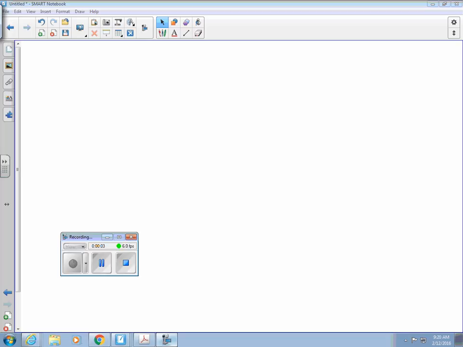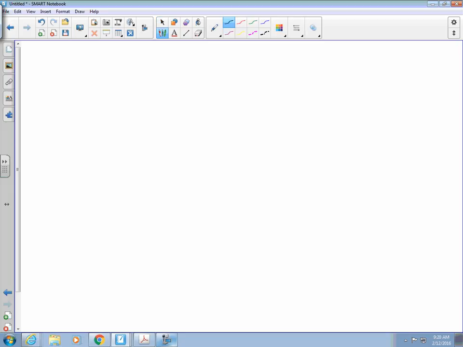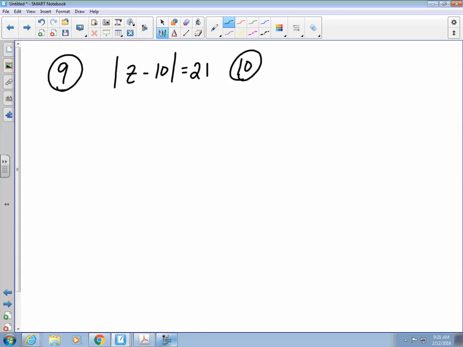Okay, the next concept on your SLO is absolute value equations. So this will start with number 9 on the SLO. And your first one will be something along these lines, where the absolute value sign is already all by itself. Because step number 1, we'll go to number 10 here, is to get rid of anything on the outside of